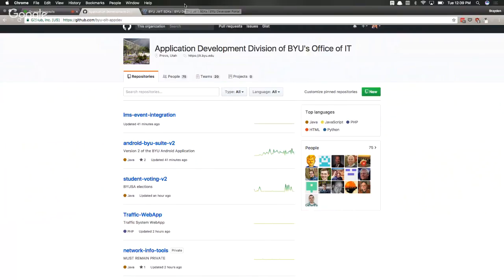But I wanted to give you a quick overview of the application we're looking at. So the application is student voting. It has a front end and it has a back end. That's the basics. We're going to be looking specifically at the back end and how it's now handling the WSO2 stuff. Because previously, our connection between these